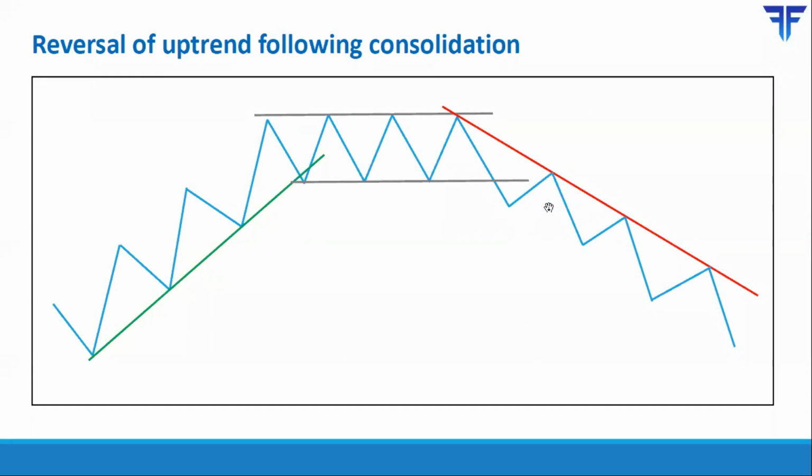So the moment this low was broken, you have definitive evidence that this uptrend has ended and price has started to trend lower. So you had a scenario wherein bulls were in control, then neither the bulls nor the bears were in control, and finally now the bears have taken the upper hand. So as you can see, the sideways trend has ended, and you have a sequence of lower highs and lower lows indicating that the sellers are in control of the market.